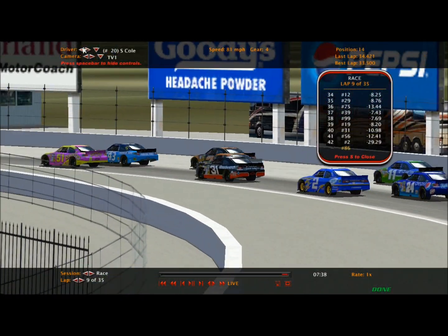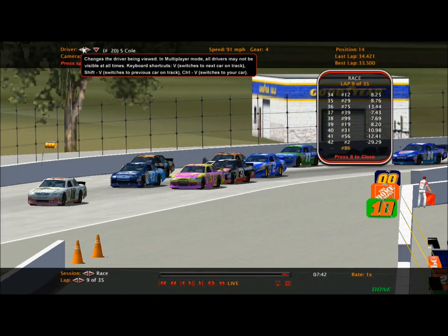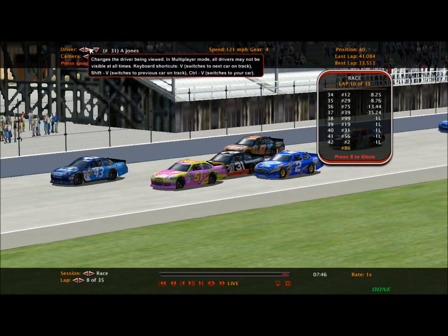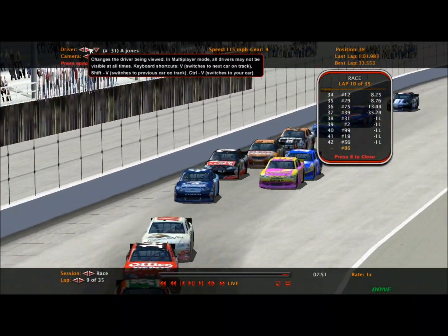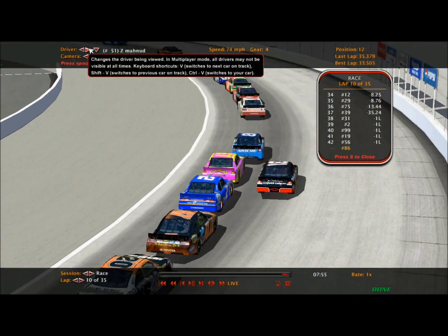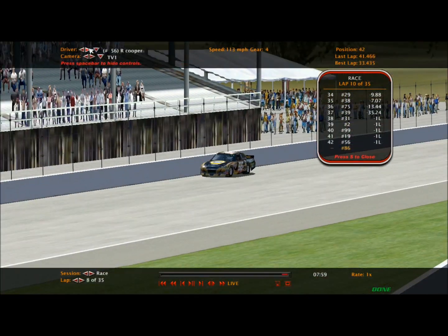Oh, no. Oh, Seth Cole. Seth Cole gets roughed up by Alexander Jones, but they saved that. And they keep going right there. Alexander Jones just knocked him out of the way. And it's Dylan Young. Dylan Young will make it 3 wide almost. And he has a strong car on the bottom of the racetrack here today. There goes Zohar Manning in the Country Time Chevrolet, and caution's out. Caution is out